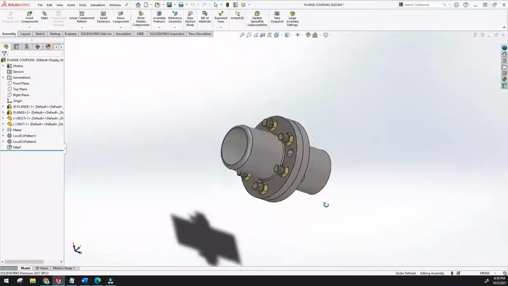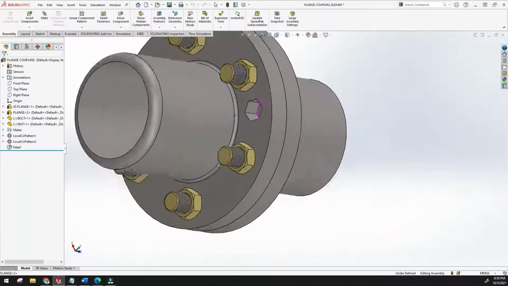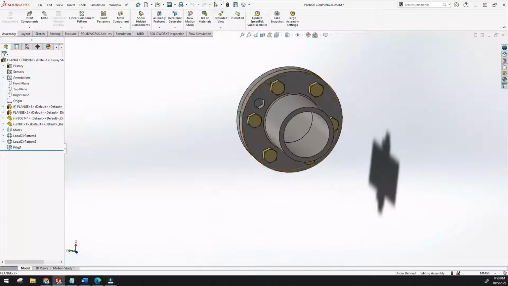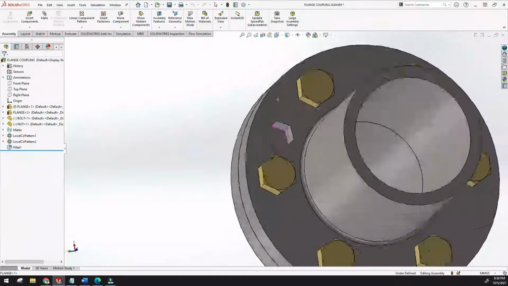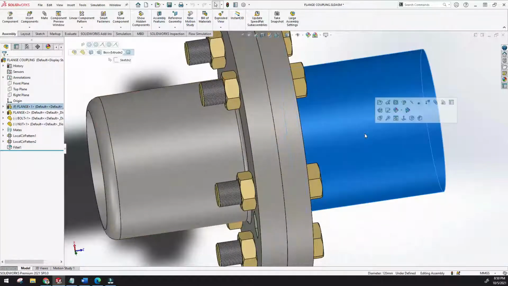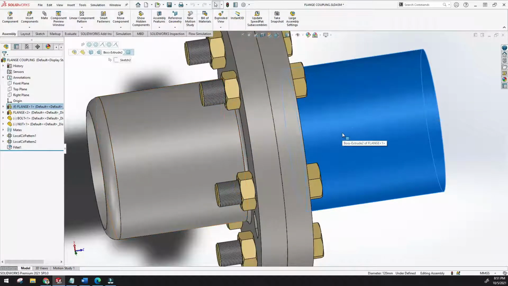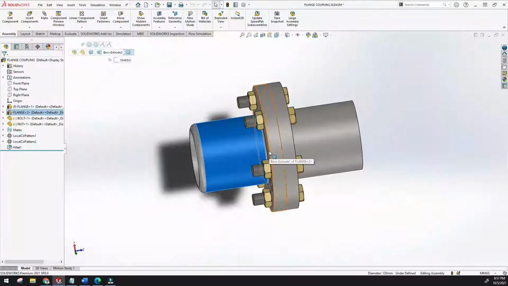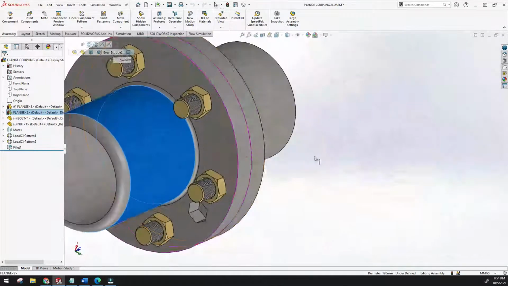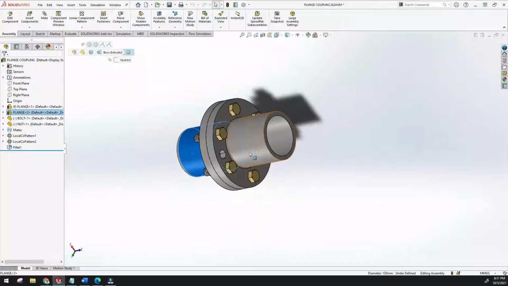Here you can see I have just cut this part, edited this flange, but on the back side you can also see the feature is created. The reason is that this flange is a copy of this flange, or this flange is the pattern, or the mirror of this flange. That's the reason. Whatever you want to do, edit or modify this flange, automatically it will be created in the other flange.